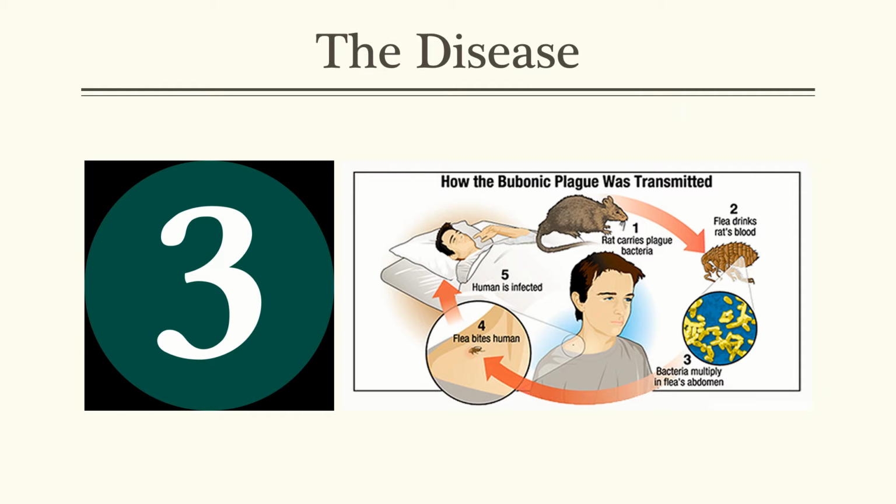Now, to start off with, the disease itself. There are three different types of what is overall called the Black Death. There's bubonic plague, pneumonic plague, and septicemic plague. So bubonic plague is the one that's traditionally seen where people have big lumps under their arms or on the neck, and that's the one that's spread by rats and fleas. We've also got pneumonic plague, which is a similar kind of plague, spread in the same way, but crucially it attacks the lungs. Okay, so it affects the way people can breathe. And then finally, septicemic plague, again, spread in a very similar way, but it attacks the blood and the blood supply. So that's the types of the disease. There are three different types we're going to look at.